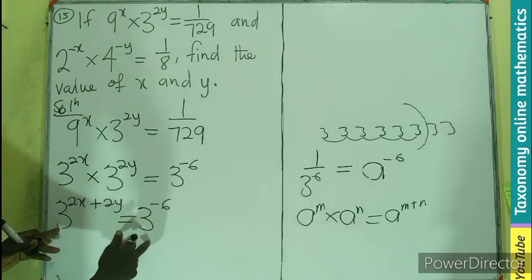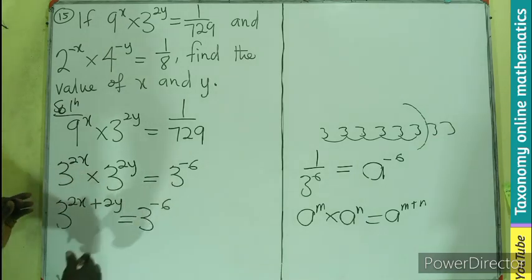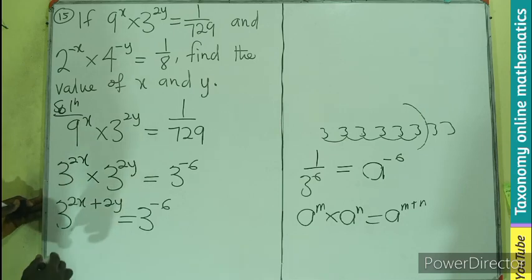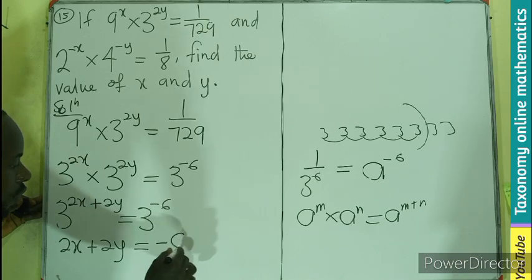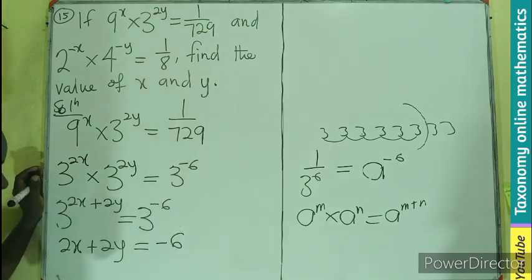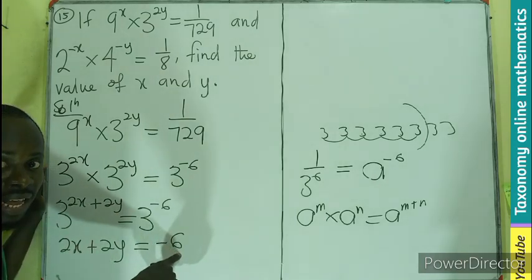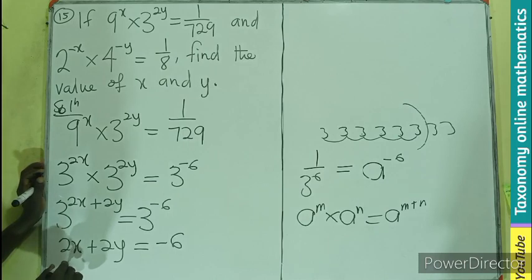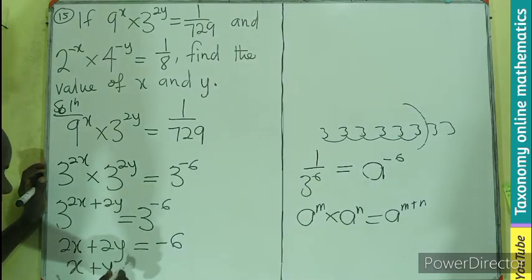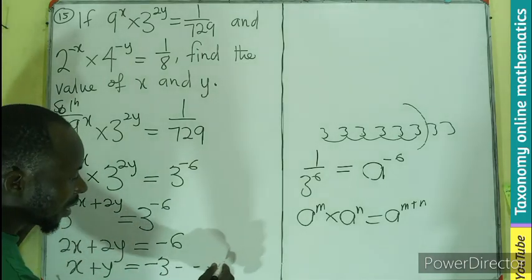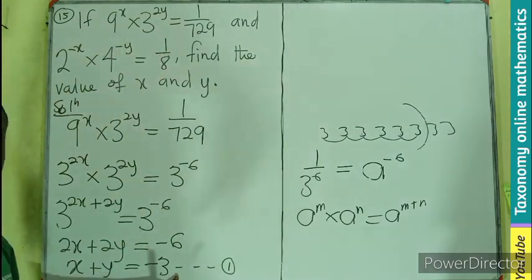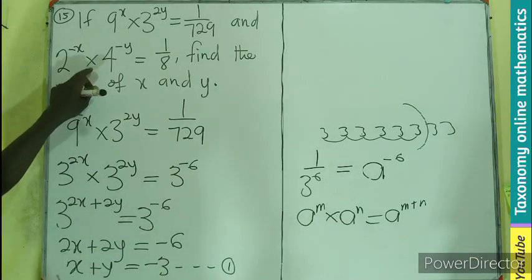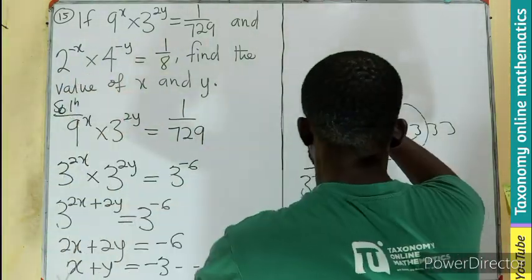So now we have a single base at both sides of the equal sign. We pick only the powers, meaning 2x plus 2y equals negative 6. This will be our first equation, but I can see 2 as a common factor. So I'll divide through by 2 to have x plus y equals negative 3 as my first equation. Then we have to move on to the second,